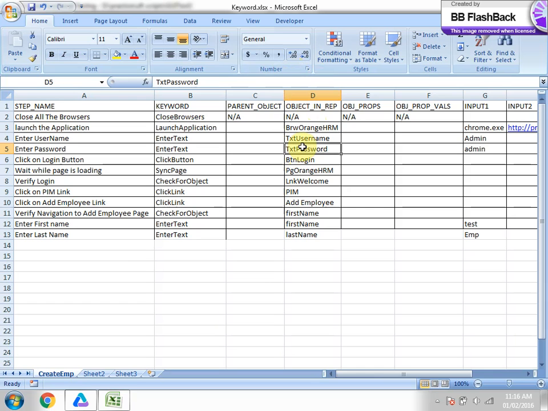Till here we have seen this, but not all the time will we be using the object repository. Sometimes we write the scripts without the object repository also. Then how do we write without the object repository? Normally we use descriptive programming. When we are using descriptive programming, say for txt username, I don't want to store it in the object repository. Then what we'll do here is use